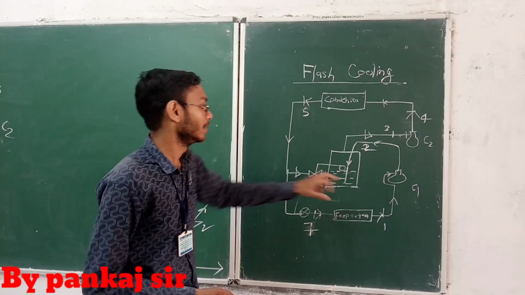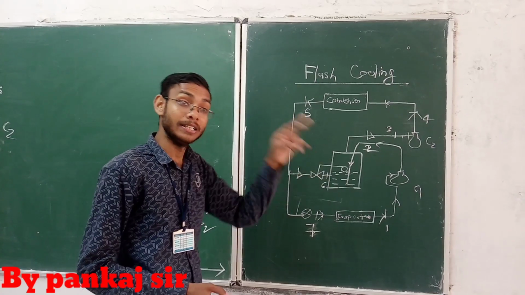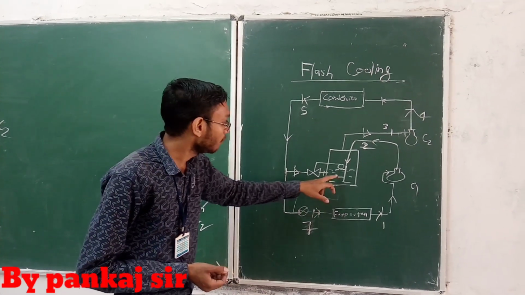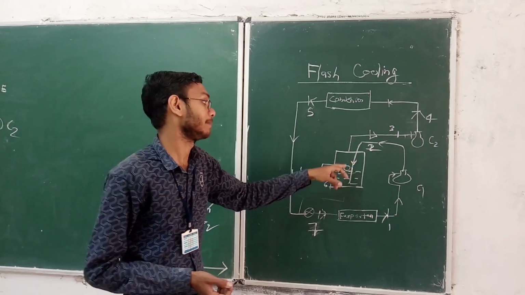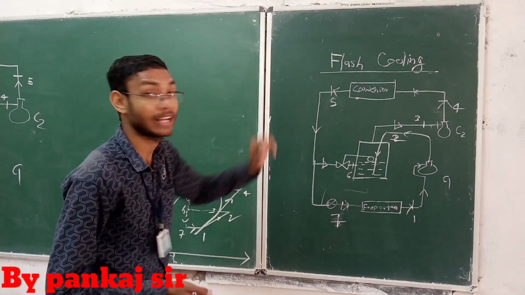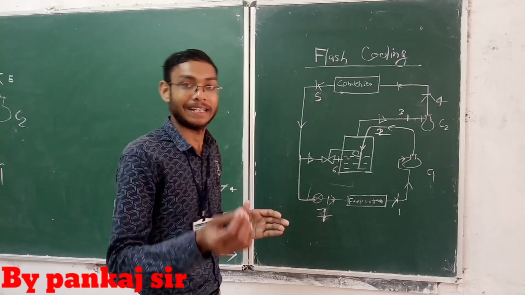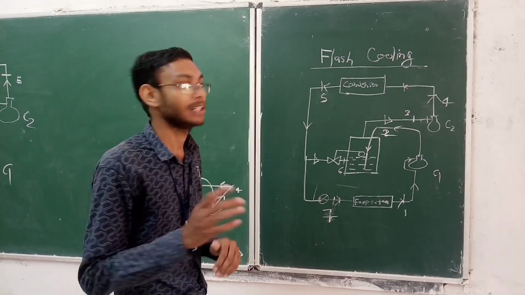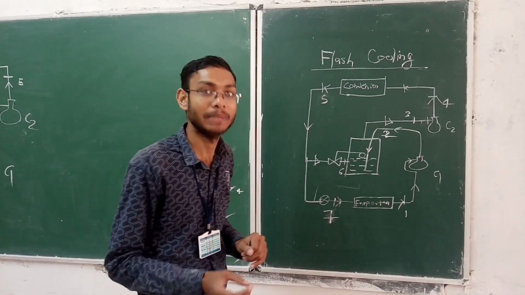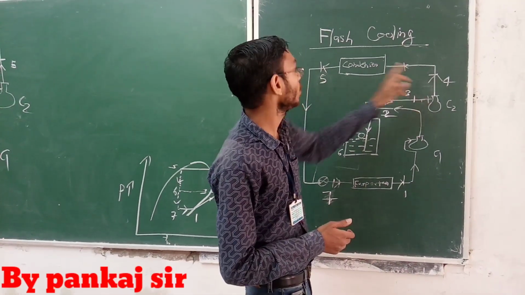is going to take the heat from the superheated vapor, and it is going to convert a certain portion of liquid into saturated vapor. That saturated vapor goes from point 3 to point 4, and we can see in the diagram that point 3 is the inlet of the secondary compressor, that is the main compressor. From point 3 to point 4, we have an adiabatic compression process, and from point 4 to point 5